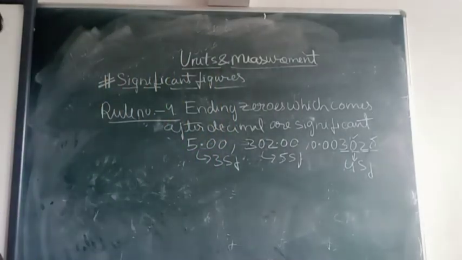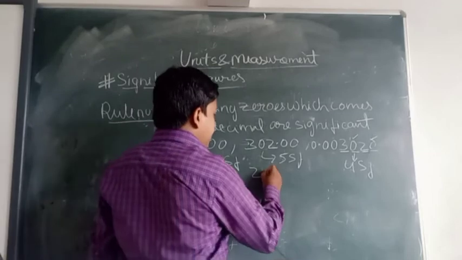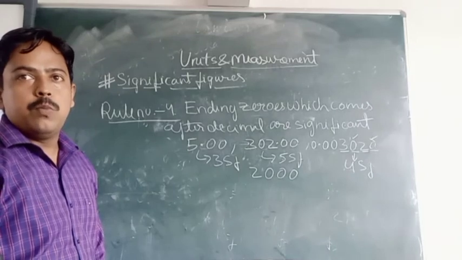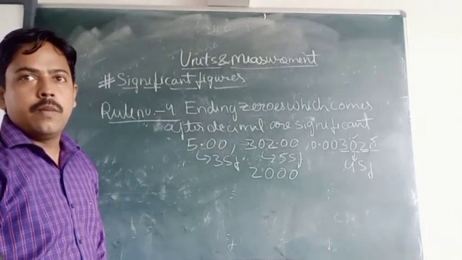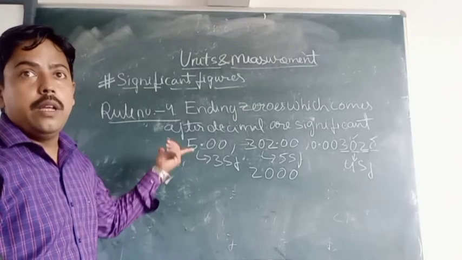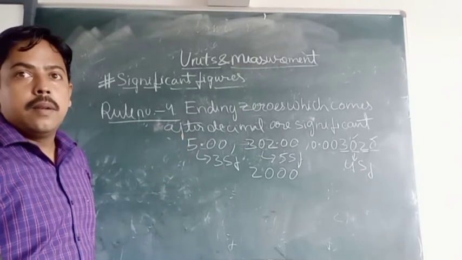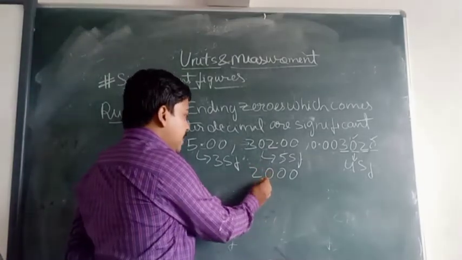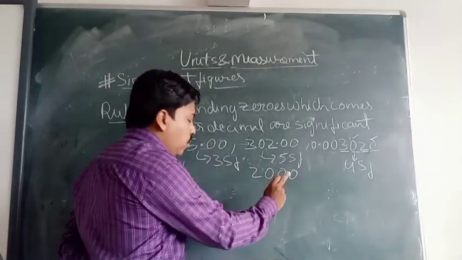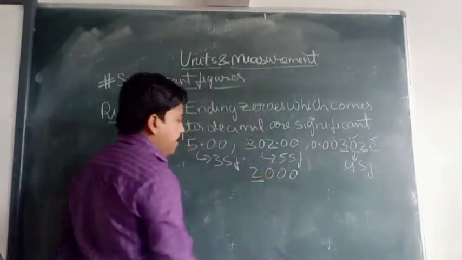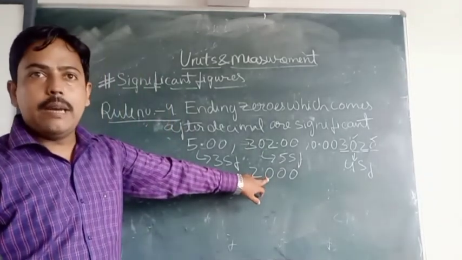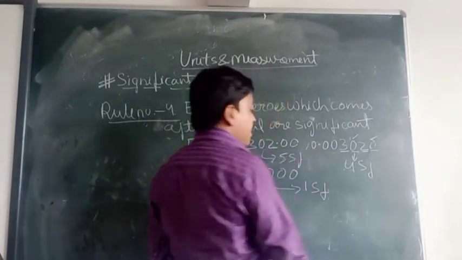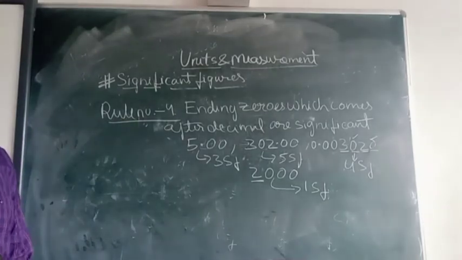Okay, is there any doubt? Now if suppose that this number has been written to you, how many significant figures are here? 4? How 4? Just read the rule very carefully. Sir, maybe 1. Yes, 1, because there is no decimal here. If there would be some decimal, then these 0 would be counted. But since here there is no decimal, only 1 significant figure is here. These are ending zeros, but they are not coming after decimal. So there is 1 significant figure. Okay, till here it is clear.